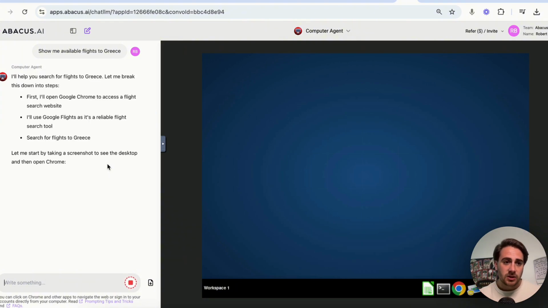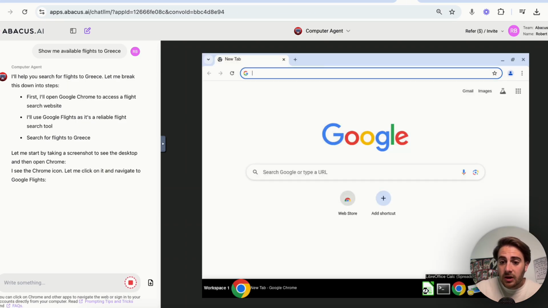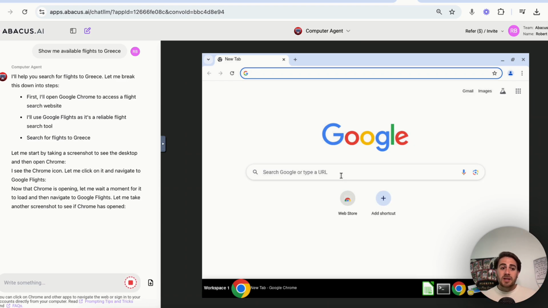You could literally get this to do anything. You could have it go through email. You could have it search for things. You could have it do anything that you would do on a computer. As you can see, it could literally access a bunch of different things here, like Excel. It can access Google Chrome and all these different things. Now, as we can see, this is actually going through, and this is going to load up Google Chrome, and